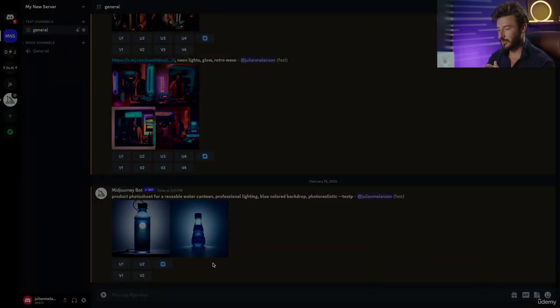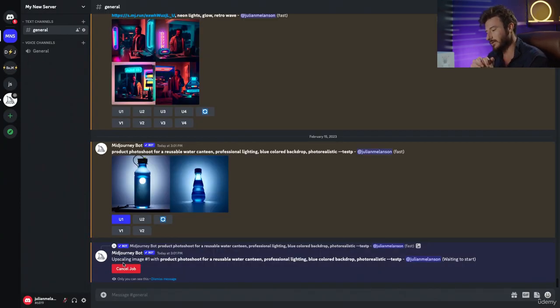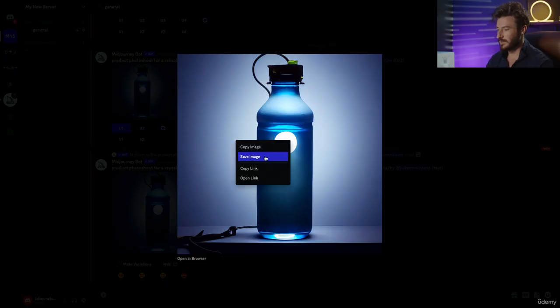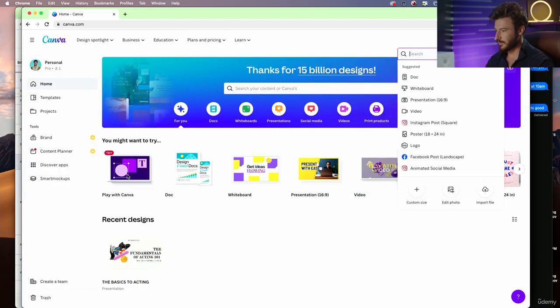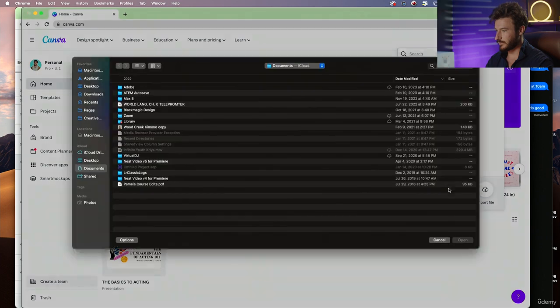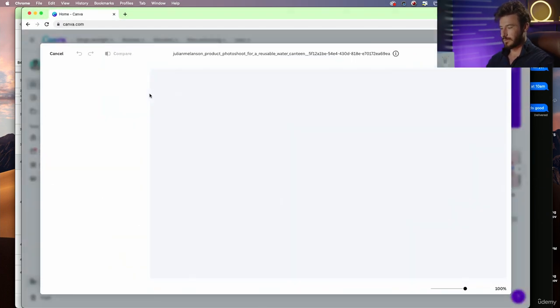And just for this example, I'm gonna pull the one on the left, so I'm gonna create an up-resed version. That's gonna give us the final output that we need to download and then import into Canva. So here is our final image. Let's go ahead and save this image. I'm gonna save it to my downloads. Import into Canva. So I'm gonna go to Create Design, Edit Photo, go to the photo we just exported, and